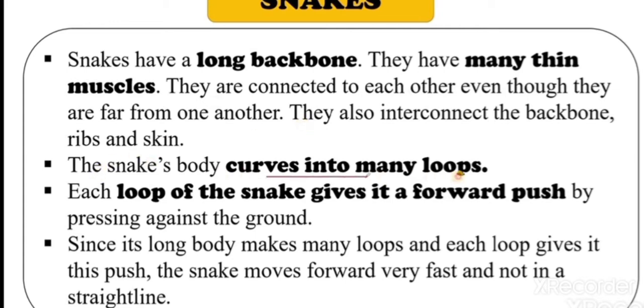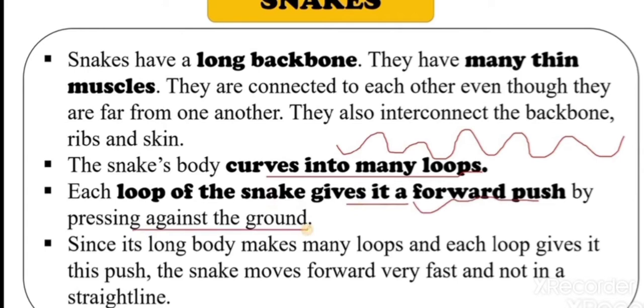The snake's body curves into many loops. So a snake moves forward by forming these kinds of loops. Each loop of the snake gives it a forward push by pressing against the ground. Since its long body makes many loops and each loop gives it this push, the snake moves forward very fast